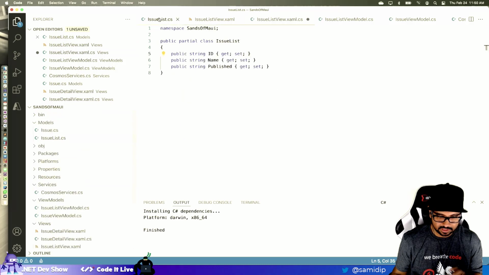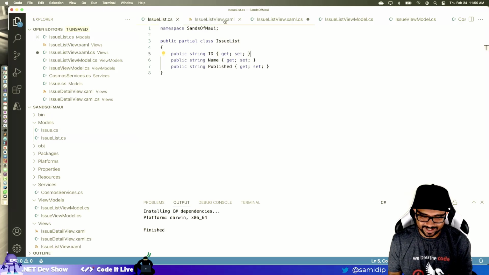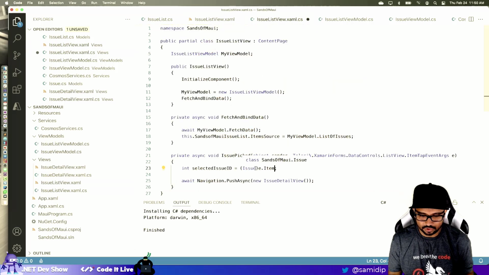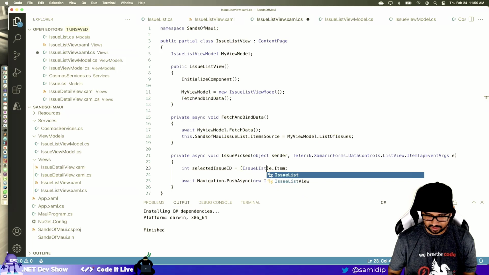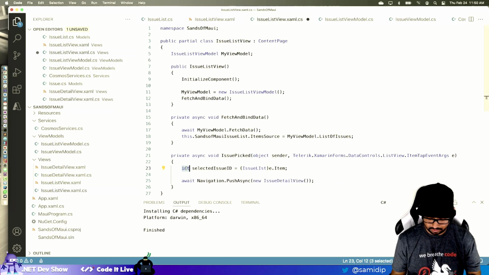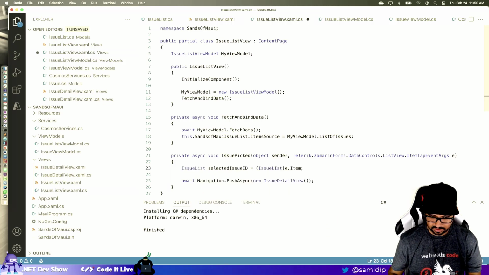It's an issue list that has, which is kind of a weird name because the issue list is made up of issues, right? But when I'm binding this, it's actually an issue list here. So it has to be an issue list.